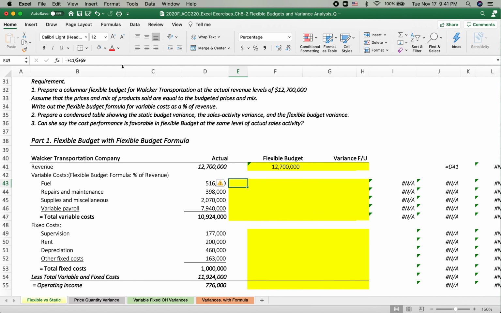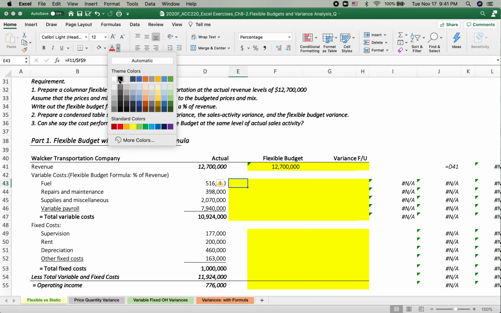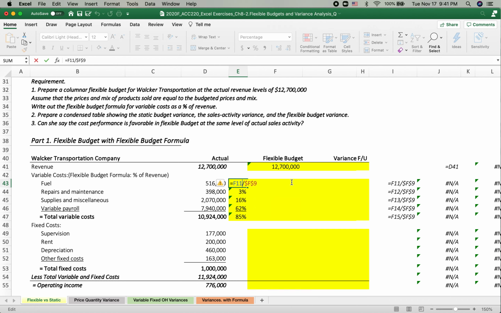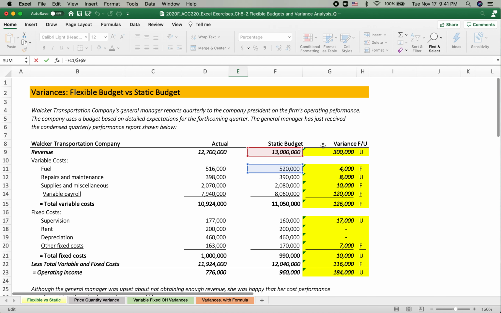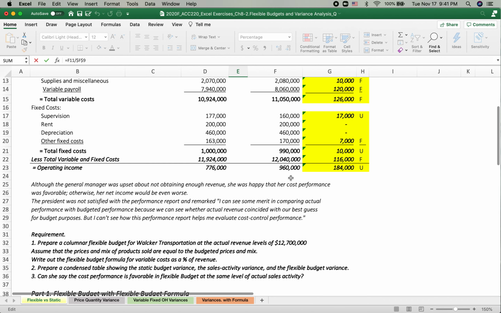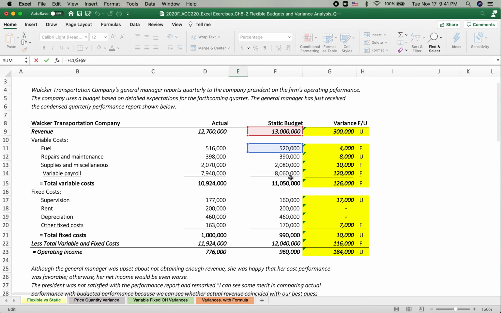Then, oh, what is this? Okay, then I'm going to just drag down so that you can see that all of this, the formula, is now calculated as a percentage of the revenue in the static budget. The reason why we can use this static budget formula, the variable cost as a percentage of revenue,